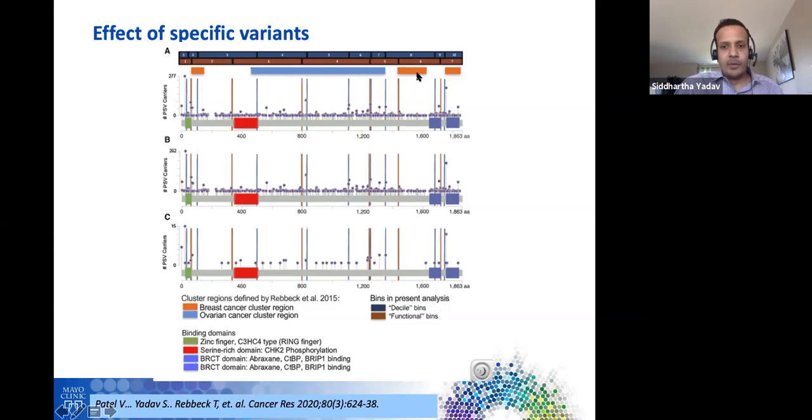What we mean by that is we already know that certain areas within the gene will lead to higher predisposition to ovarian cancer compared to breast cancer. So if somebody has a pathogenic mutation in the breast cancer cluster region, or BCCR, then they are more likely to develop breast cancer rather than ovarian cancer. So we already know about that. But in this study, we found that